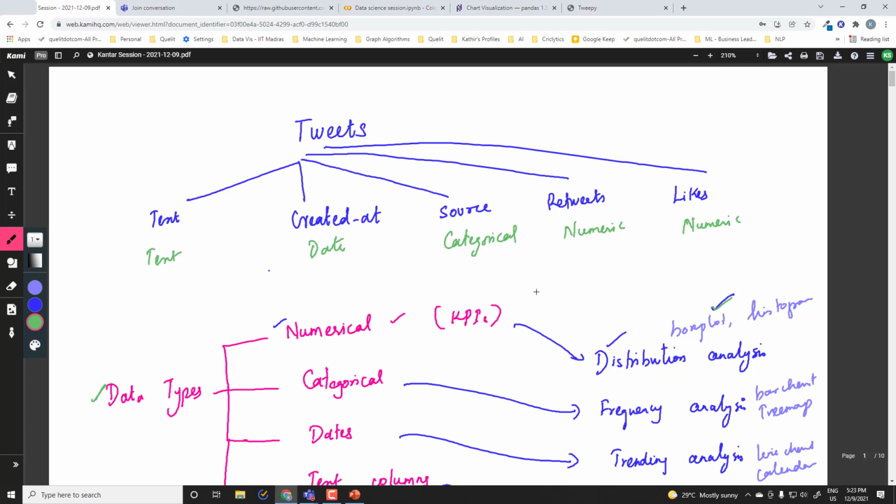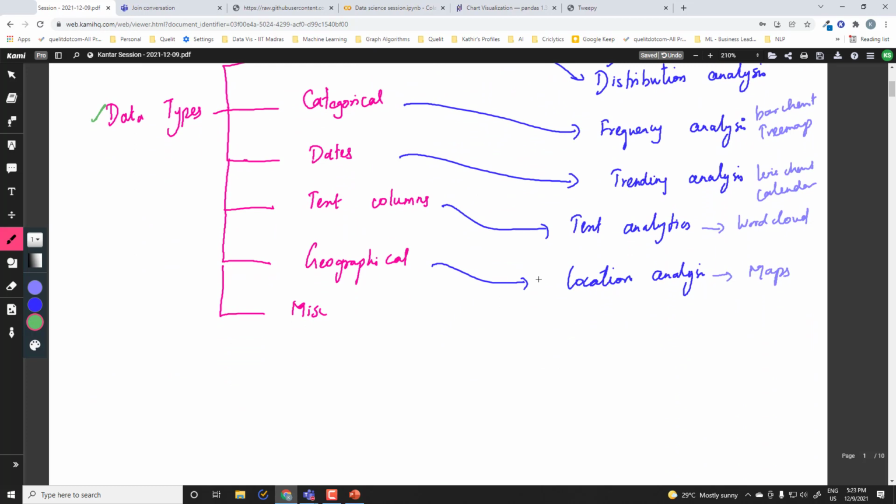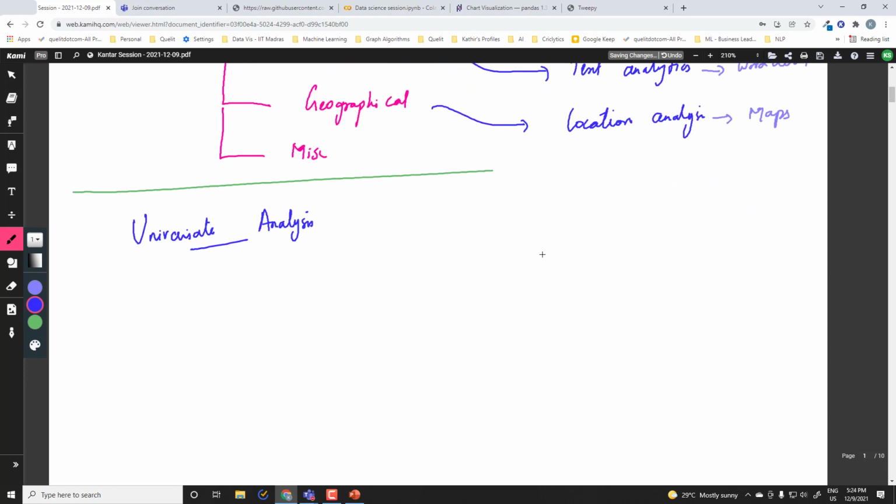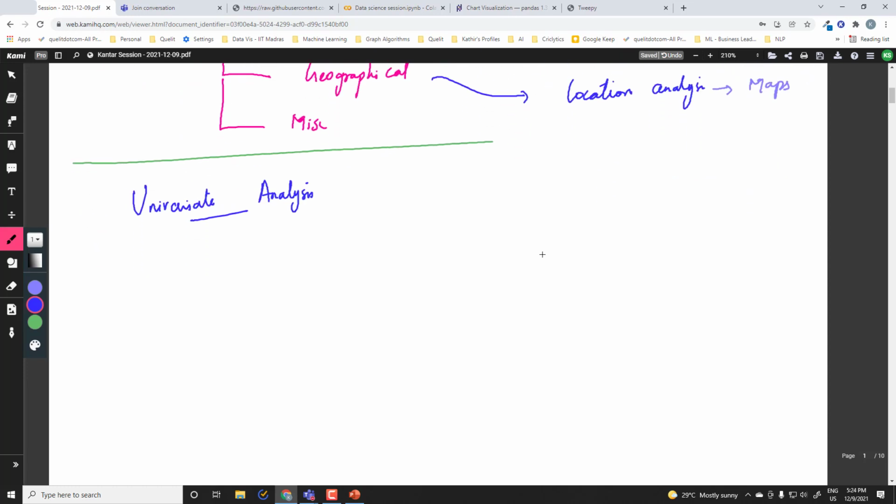I can go ahead and list all the other columns and then check what kind of, for example, if you have URL, it's a miscellaneous column. You can extract some information from URL, convert it into a numeric or categorical column again. Directly URL columns are not helpful while doing data analysis. So moment you have these data types defined for each column, then it's pretty much easy. What we do, we start with univariate analysis. That is, we take up each column and describe it in short, very few attributes.